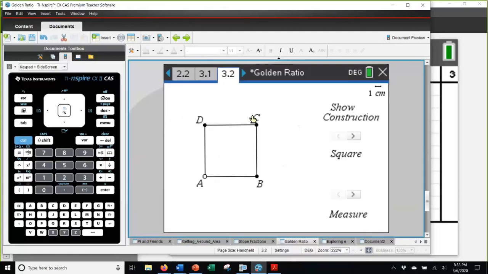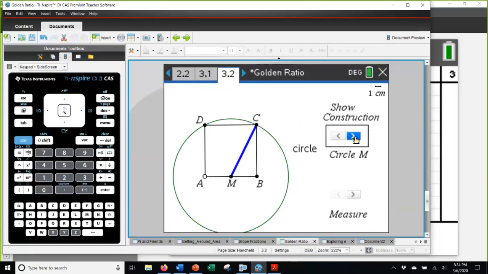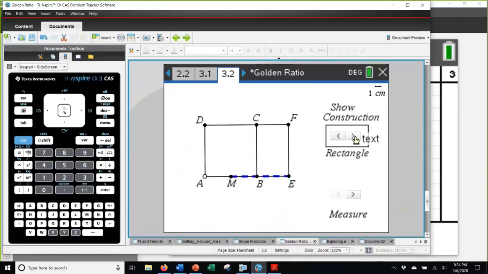And we begin with a square, and the construction's already done for you, and the arrow clickers just advance us through the construction. You start with a square, find the midpoint of one side, connect it to that opposing corner, and this is now going to be the radius of a circle. So we're going to create a circle centered at that midpoint through point C, and where the bottom of the square extends to hit the circle, that's going to be the third vertex of our golden rectangle. There's the extra piece that gets added on.